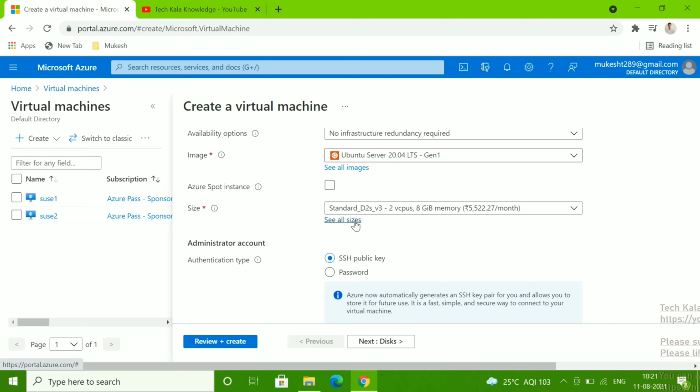But when we are creating in a cloud, we cannot give them manually. We have to select a template, because in a template they are predefined. Suppose they gave some name ABC, in ABC they gave 1 GB RAM, 2 CPU. XYZ, 2 GB RAM, 4 CPU, like that. So they already have a template, and as per our requirement, we have to select that template.